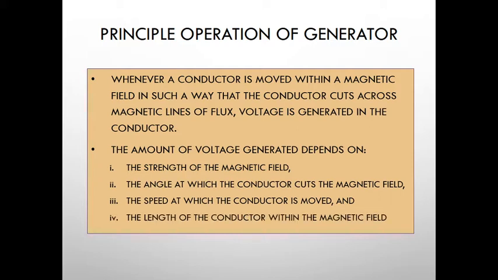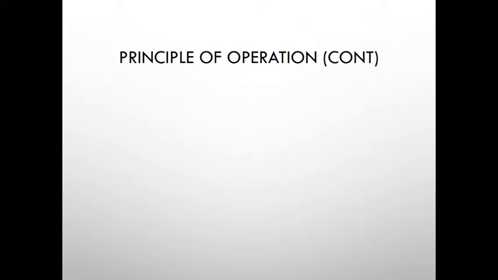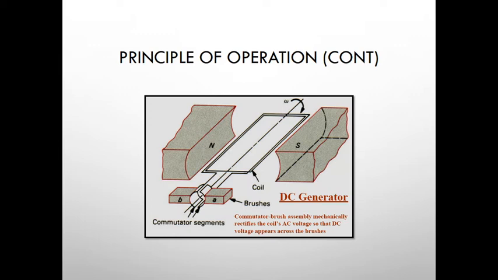The last one is the length of the conductor within the magnetic field. If the length of wire or conductor placed within the magnetic field is longer, therefore it also cuts more lines of flux as it rotates. So as you can see in this figure,